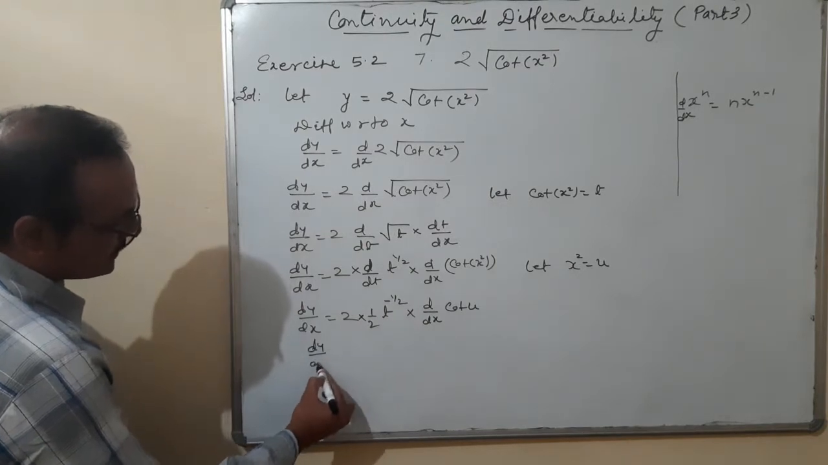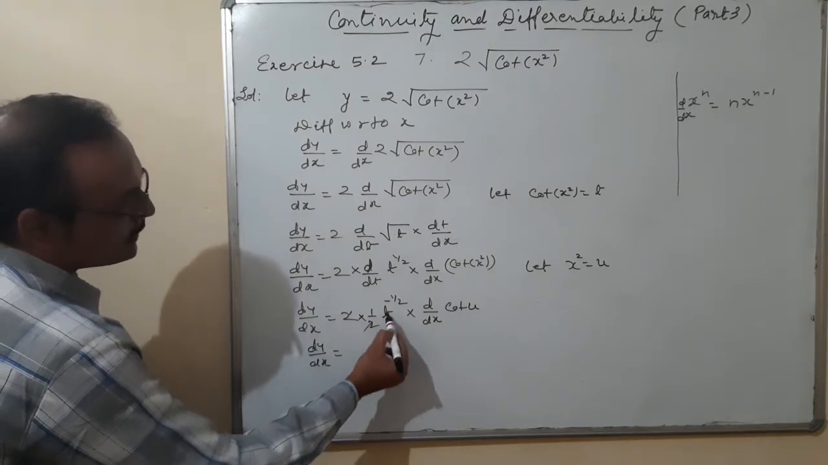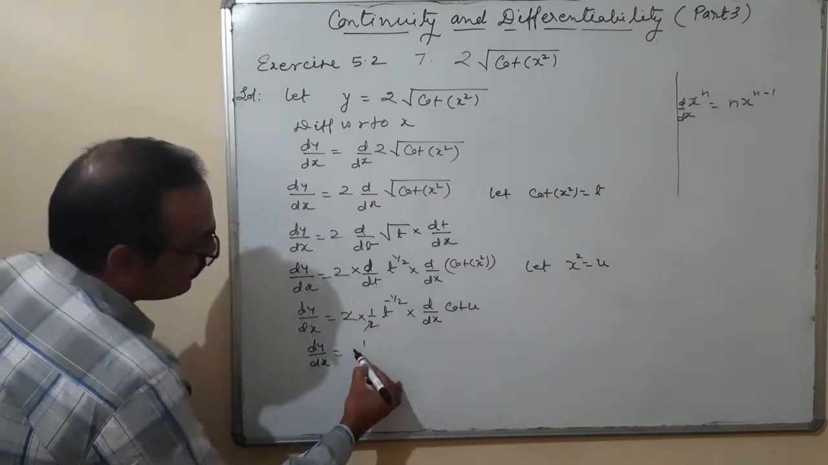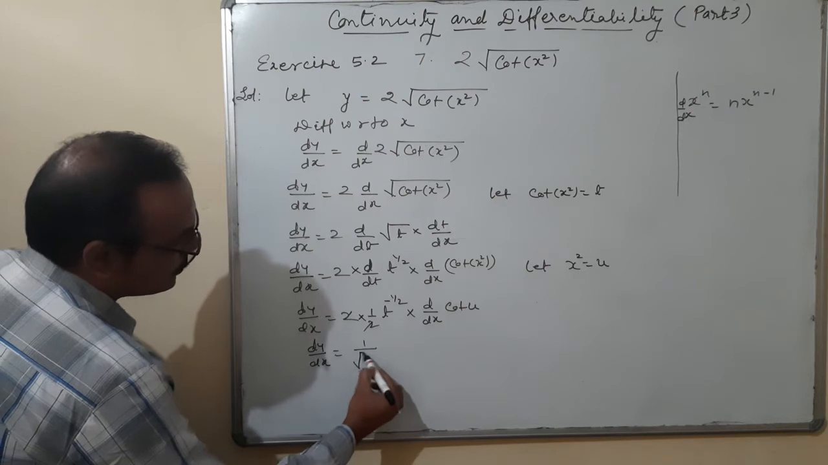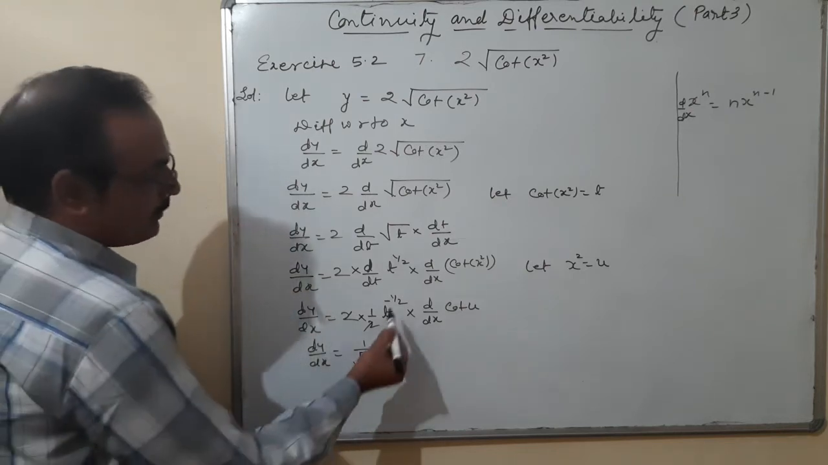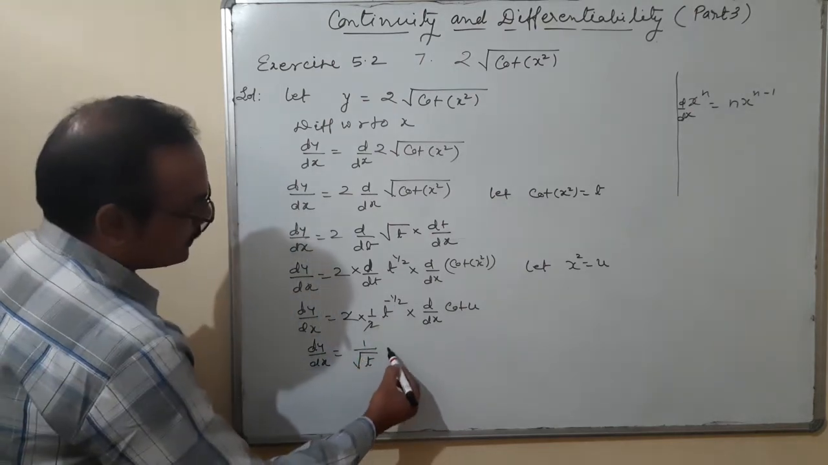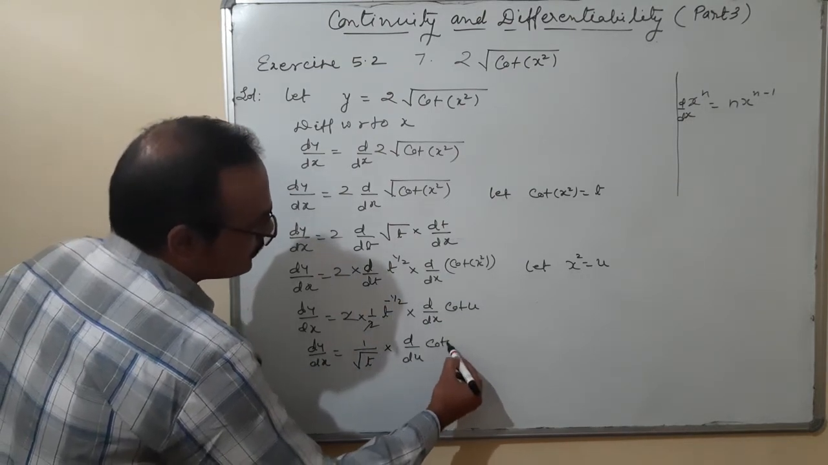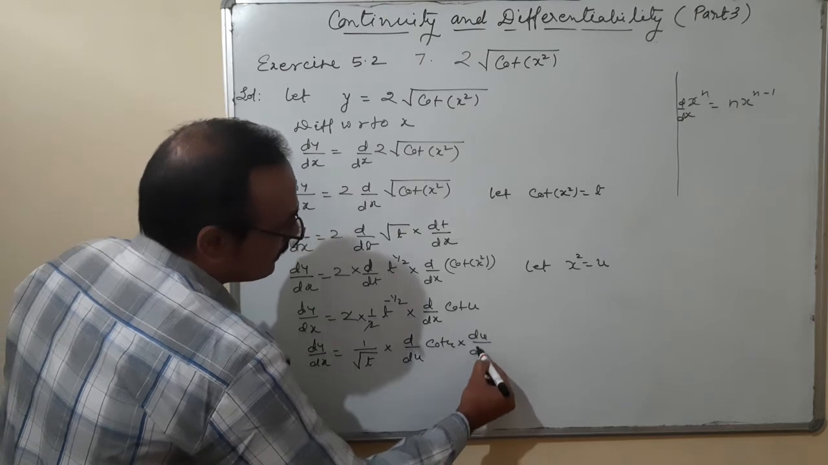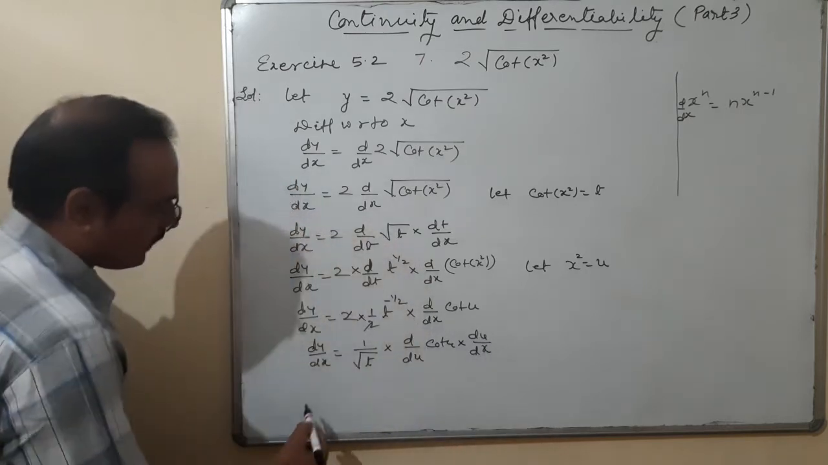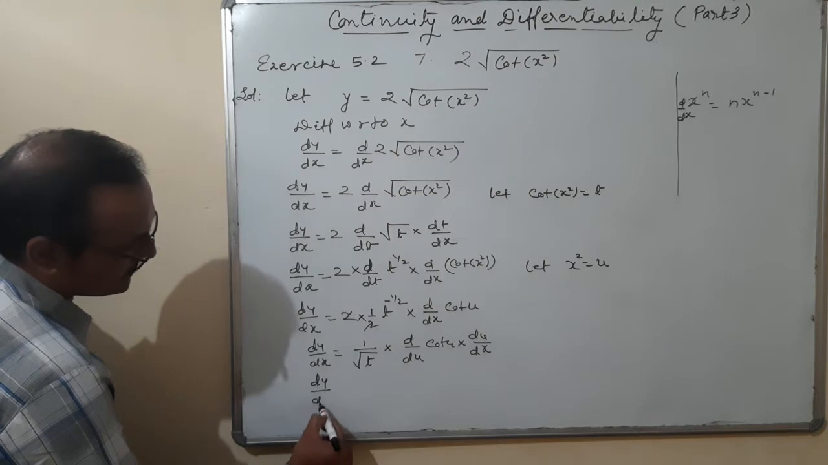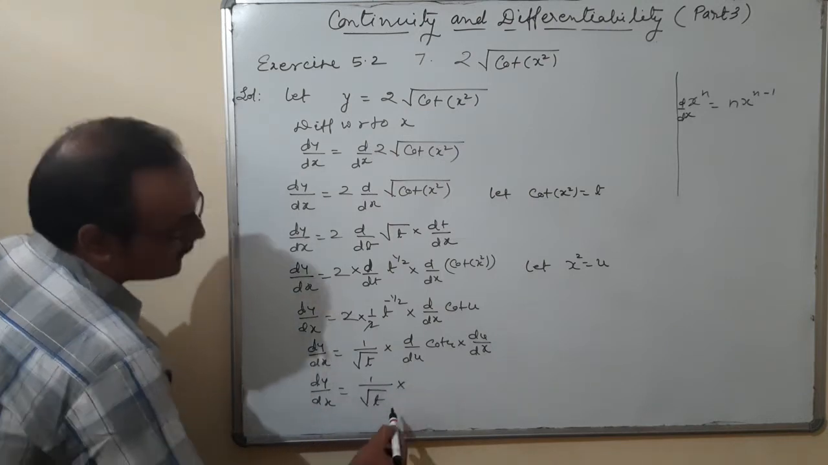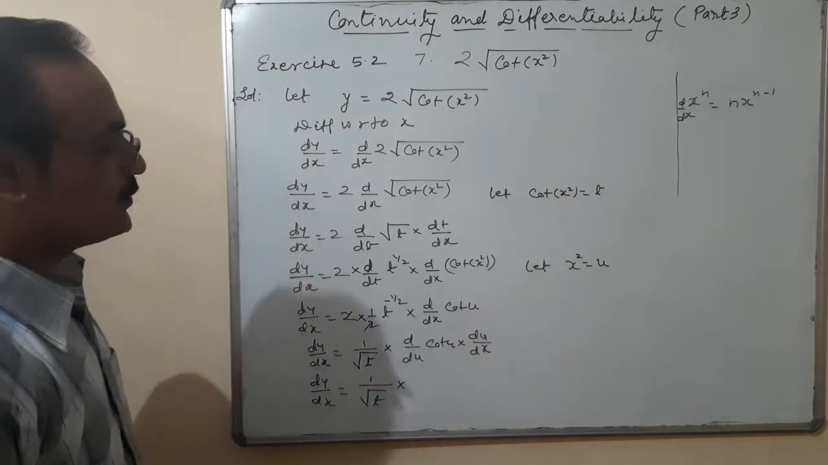dy by dx is equal to 2, to cancel, t to the power minus 1 by 2, that means 1 upon t to the power 1 by 2, where I write under root t, because t to the power 1 by 2 is under root t. Then dy by du cot u multiplied by du by dx. Okay, dy by dx is equal to 1 upon 2 under root t, and dy by du cot u,